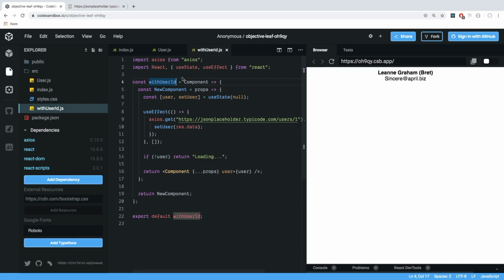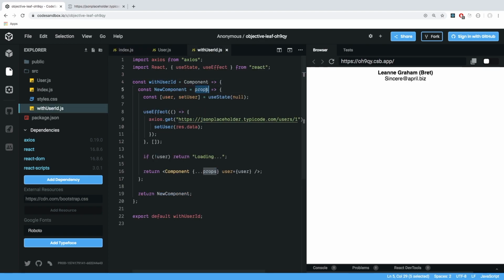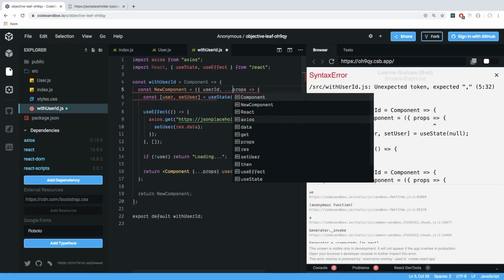So the way this is going to work is before we had to pass in a user prop, but now what we're going to do is go here and take in a user ID prop, specifically for fetching a particular user. So the way we do that is we do userId here like that, and then we get the rest of the props as a spread,